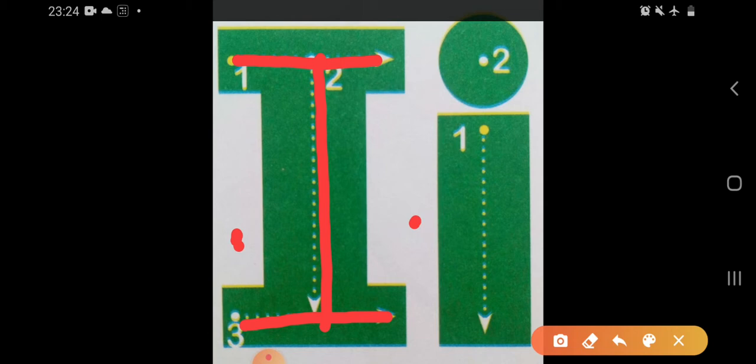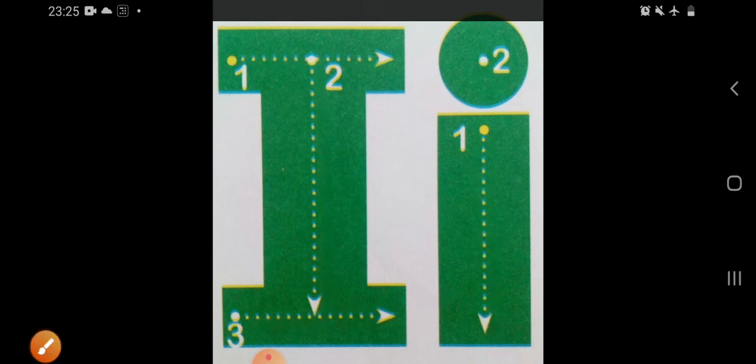And see the next I. This is small I. Very easy. A standing line and a dot. Yes, standing line and a small dot. So this is small I, this one is small I, and this one is capital I. Say I, E. I, E. Yes. Okay, now I'm going to show you some pictures.